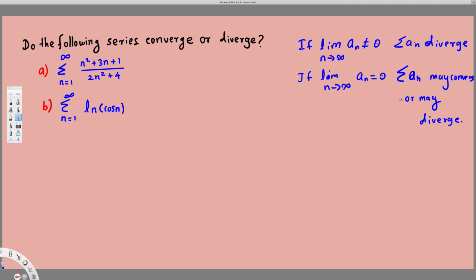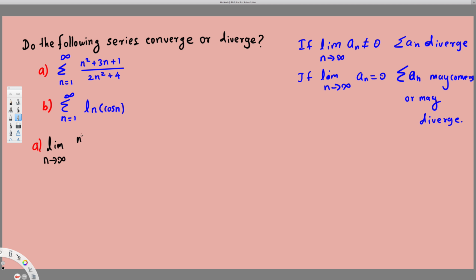So these are the two things we have to know before we do this problem. If we don't get 0, that's very easy, right? We can directly say this diverges. So let's see what we get right here. So let's go for the first one, and the first one goes limit n goes to infinity, and